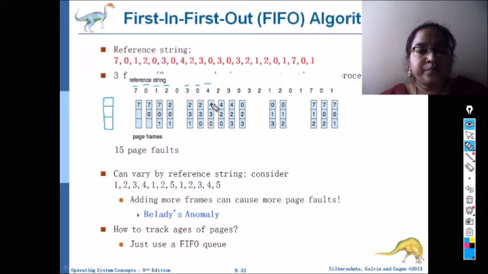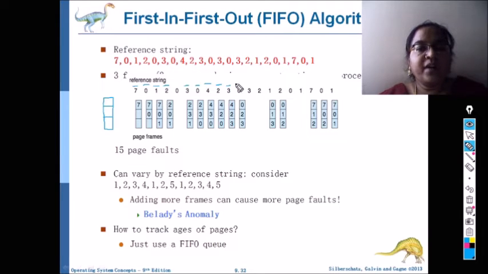So now we have 4, 3, 0 in memory. Now we are referring to 2. 2 is a page fault because 2 is not there in the memory among 4, 3 and 0. Which has come first in the memory? It is 3. So replace 3 by 2, so we have 4, 2 and 0. Now we are referring to 3, again it is a page fault. Among 4, 2 and 0, the one which has come first in the memory is 0, so we are replacing 0 by 3. So we now have in memory 4, 2 and 3.